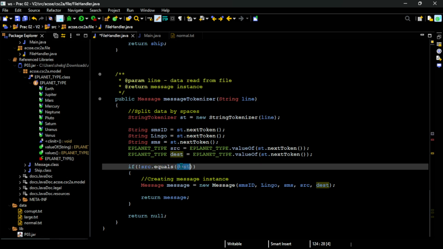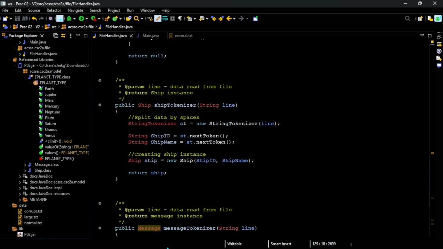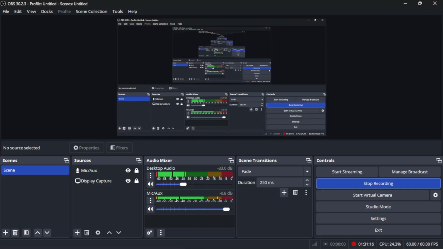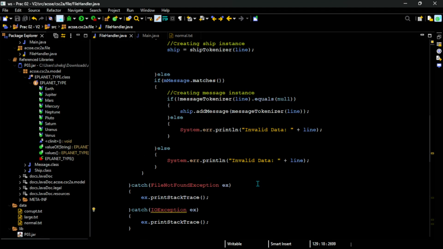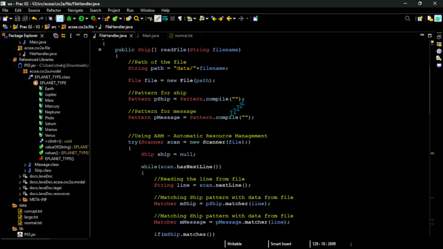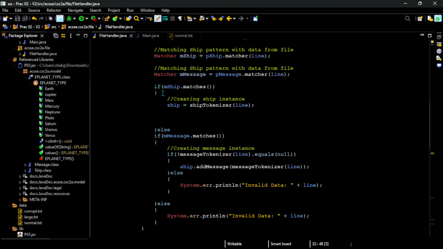SRC that equals to that, then you return the message. I don't know. I feel like I'm cooking here now. Right, let's see how many minutes I ate. 1 hour 30 minutes more at least, because mind you, we haven't even done the RegEx thing, which is the last part. Not a hectic thing to do. So